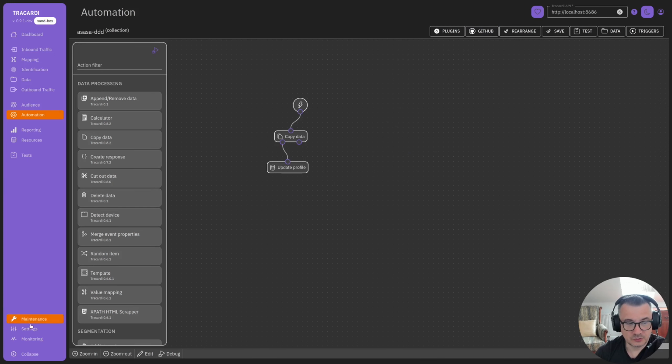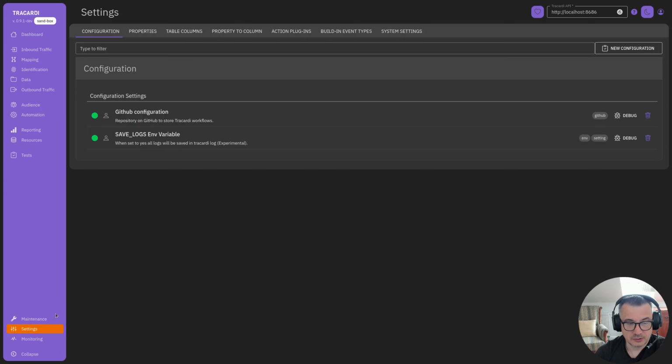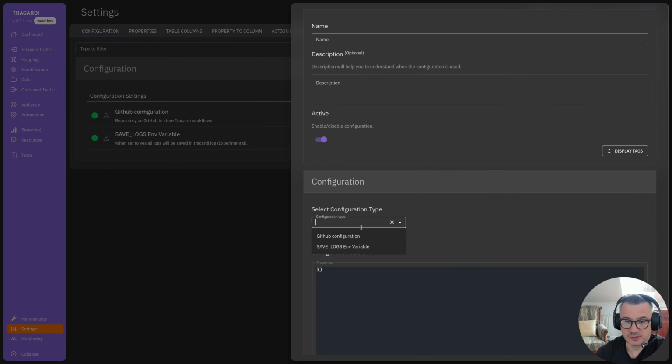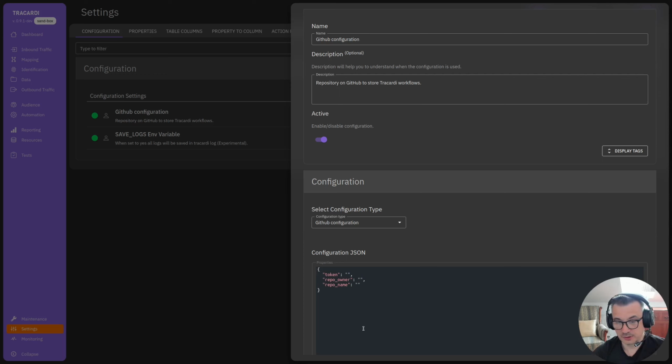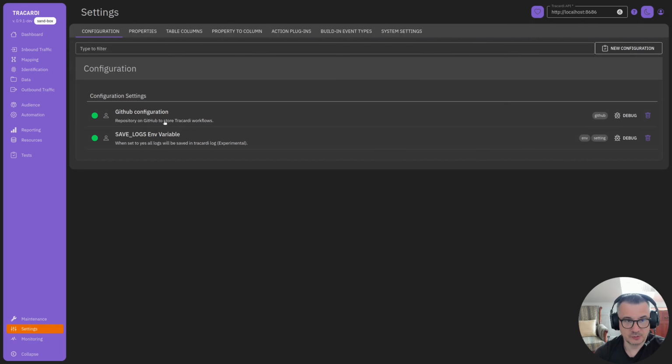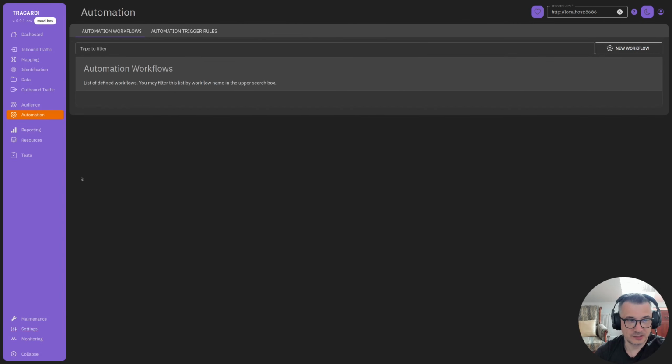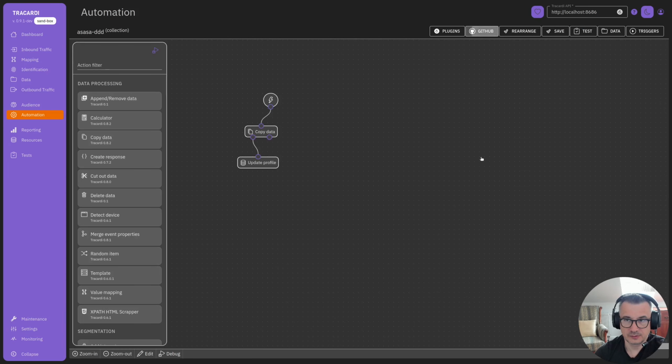What you have to do is go to settings, or in an older version into maintenance, find the configuration, click new configuration and select GitHub configuration. Here you will need to deliver a token from your GitHub. You can look up on the internet how to get the GitHub token. You will also need a repo owner, so I will type my repo owner and some repo, and let me fill in the token. My GitHub configuration is filled, so I can go back to automation, to my workflow, click GitHub,